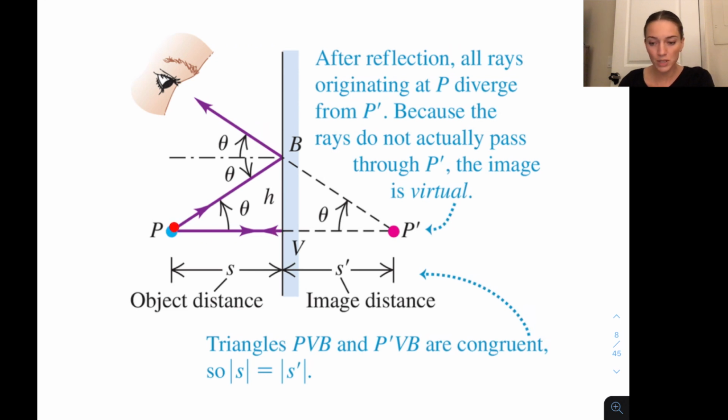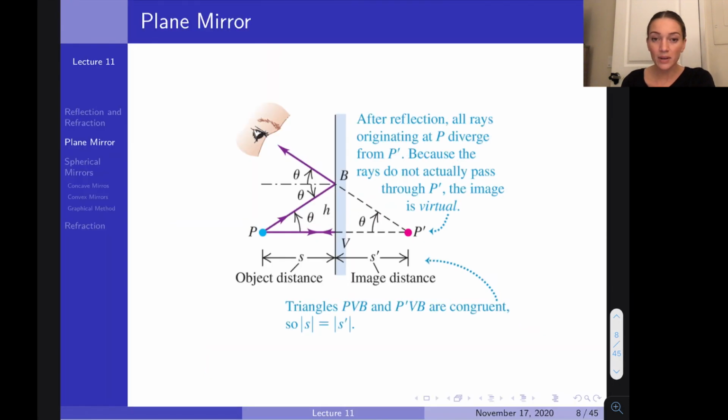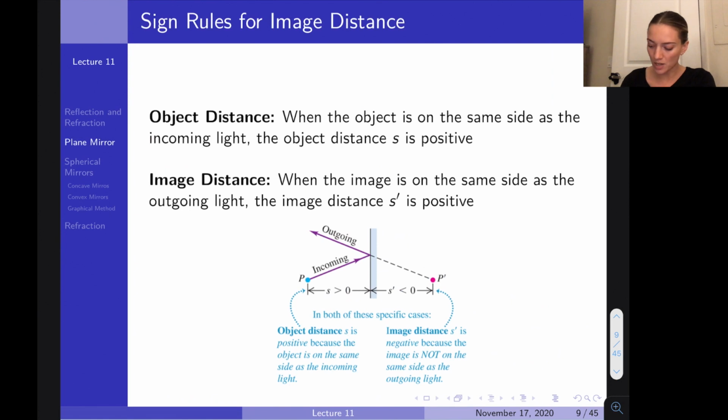You have some random light ray here that has an angle of incidence theta. It bounces off with the angle of reflection theta. And you can show that this triangle and this triangle are congruent, so they're the same exact size. You can show that S and S prime have to be the same magnitude. Now I said they're only the same magnitude because we do have a sign convention for the image distance and object distance. So for the object, over here, we say that the object distance is positive